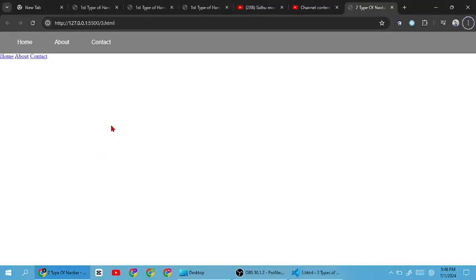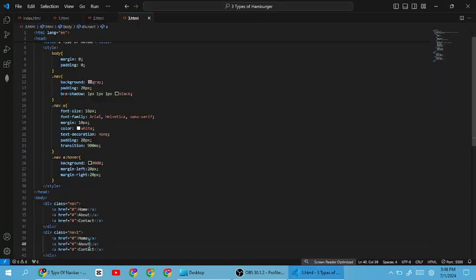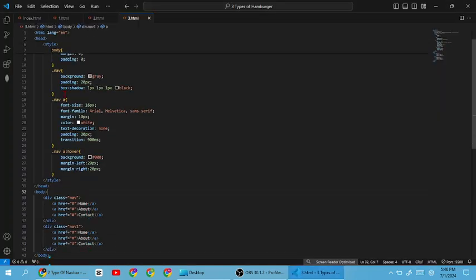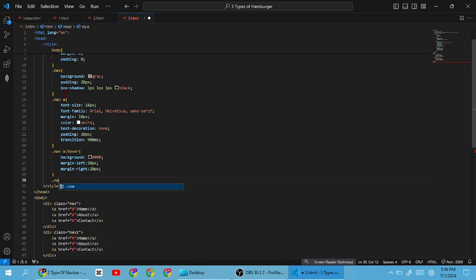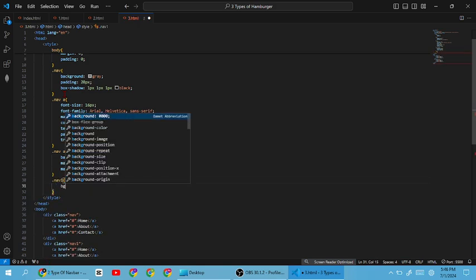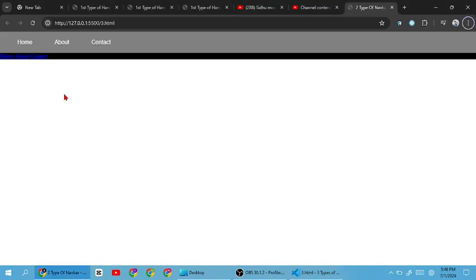Now what I will do, I will write in the styling sheet .nav1 background black,